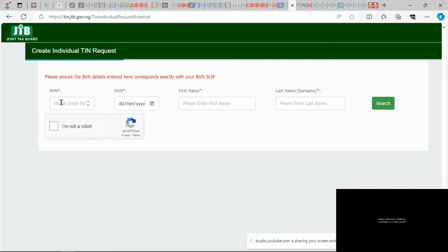So when you click this, you know what to get ready. It's your BVN. Remember, your BVN is a private thing to you. That's your Bank Verification Number, and then your date of birth: the day, the month, and the year.